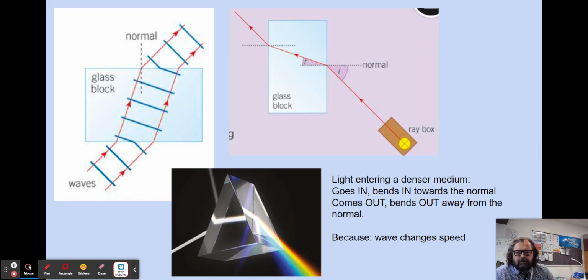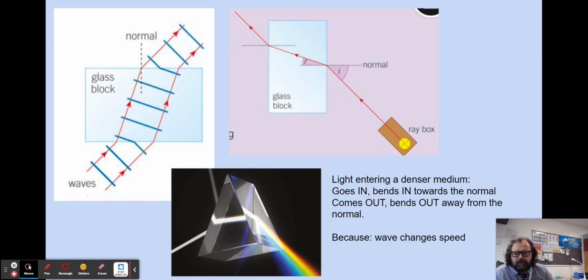Refraction, it's very important that you can explain why refraction happens, which we do by talking about the speed of this wave changing as it enters the glass block, a denser material. So light is refracted, for example, because as it enters the glass block, it slows down, and because it's hit the block at an angle, it slows down on one side more than the other, which causes it to change